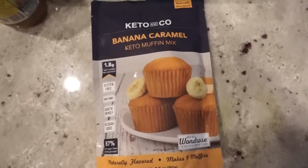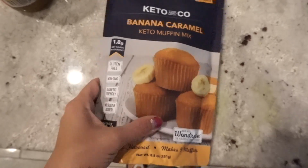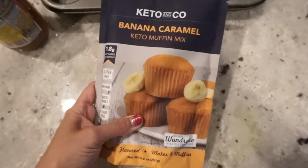Okay guys, let's do this voiceover and go over what's in this, how I made it, and how delicious it was. Oh wait, I've already been over how delicious it was. Just watch. So let's get started on how to make these keto